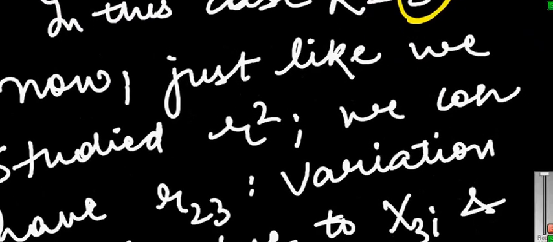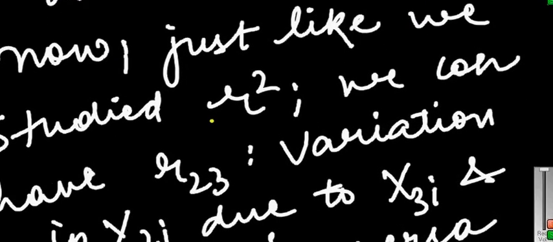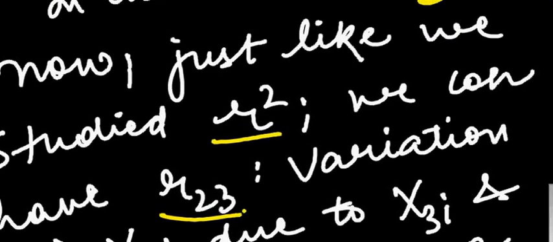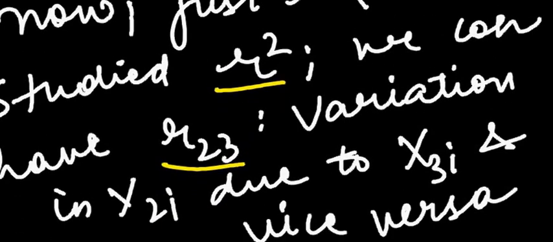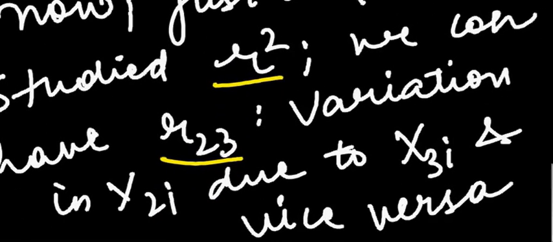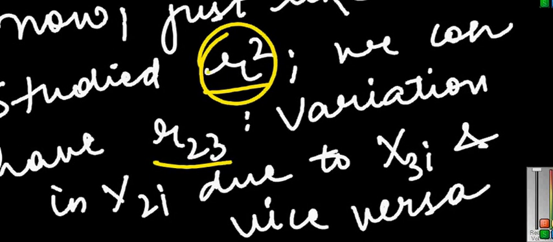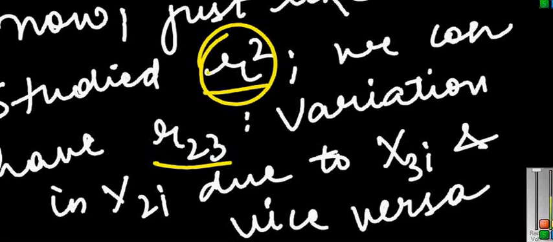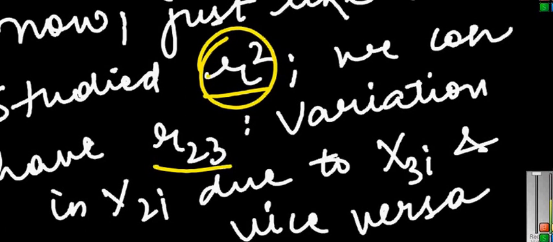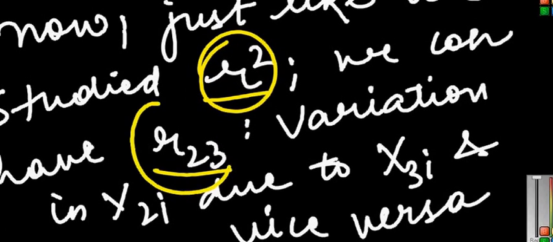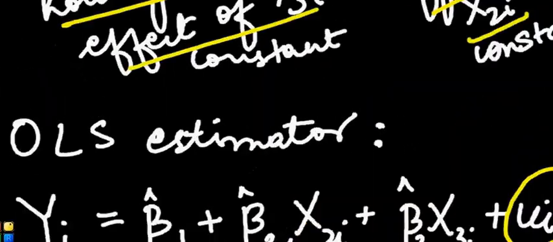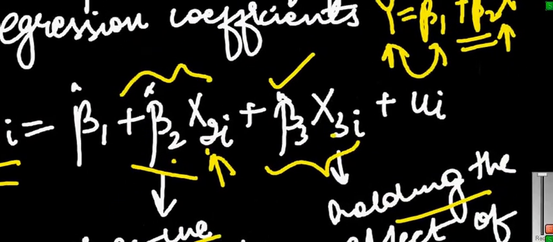Now just like we studied r square, we can find r square in this case also, but here I would have something which is known as r23. Earlier r square was telling me the amount of variation in y that is due to the variation in x. Now r23 would tell me what is the amount of variation in x2, what is the amount of variation in x2